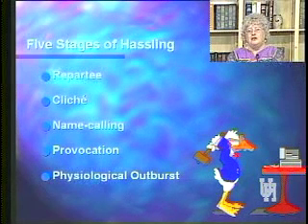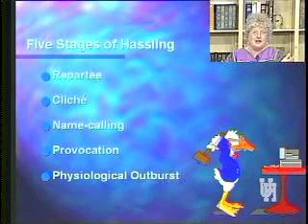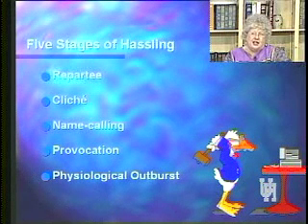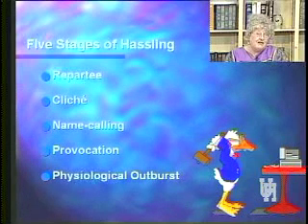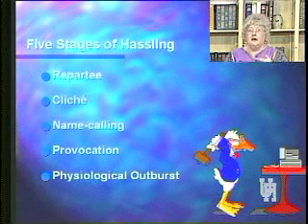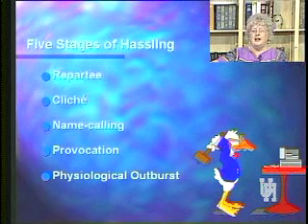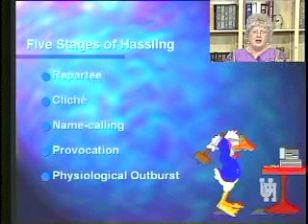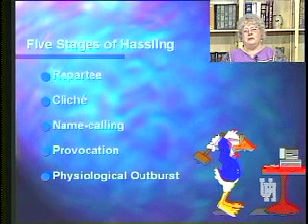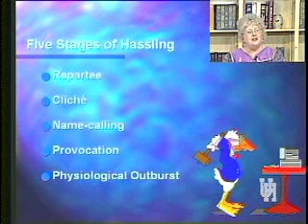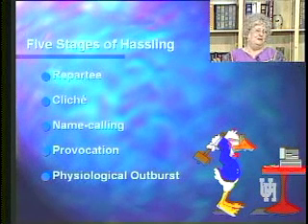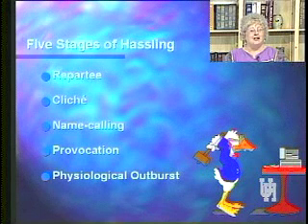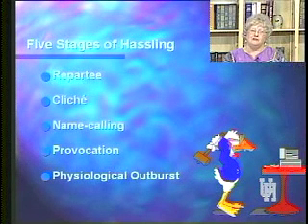Okay, there are 5 stages in what's called stages of hassling, when one person's bugging the other. Kids will say, "They won't leave me alone, he's hassling me," and sometimes they get in fist fights. Sometimes adults do that. They pull out a gun and shoot each other. Well, that's clear down at level 5, the physiological outburst level, and it might help to work backwards from that. Physiological outburst is the point where I burst into tears, or someone else I know, we won't name people to protect the guilty, someone else I know screams. And I've been known to scream a few times in my life, children or whatever.